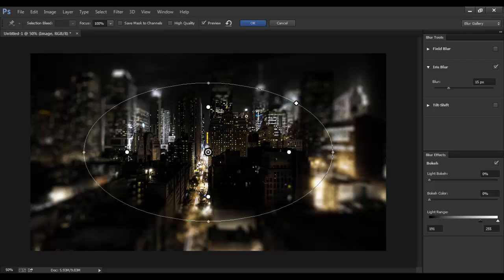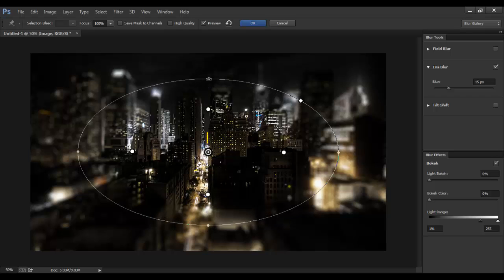So to make the gradient a smooth one, I want to select any one of these four dots between the iris section and move that inwards like so, and move the outer one a bit outside, and this one inside again, and make the top one go up, right? So that we have a larger area in our focus without the blur, and the gradient towards the blur is again very subtle, right? So once that has done updating,